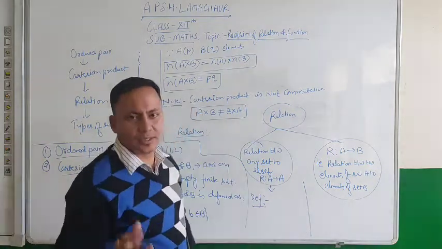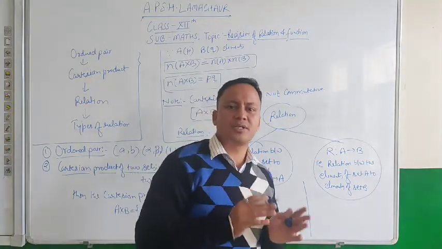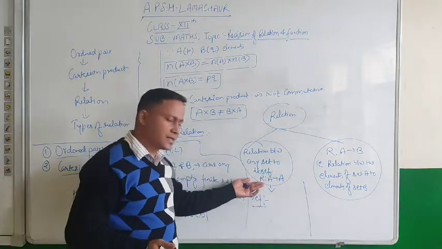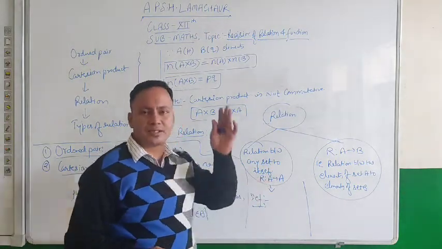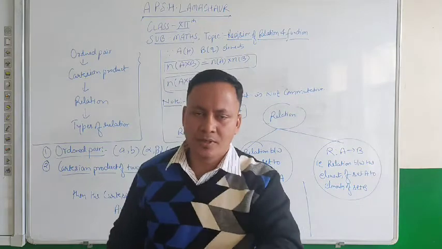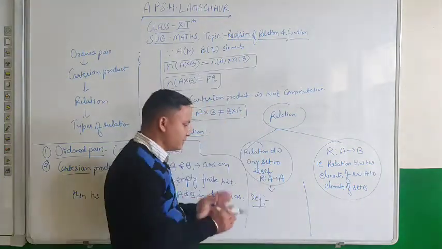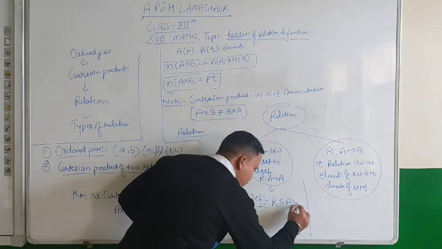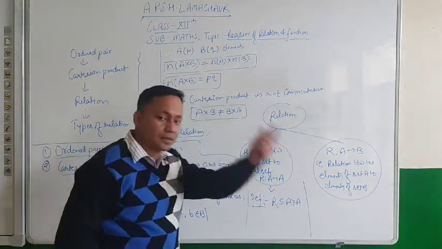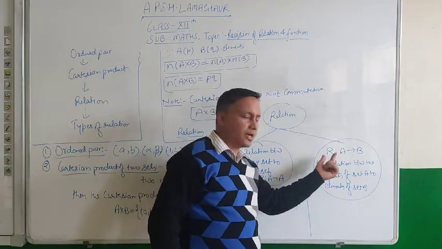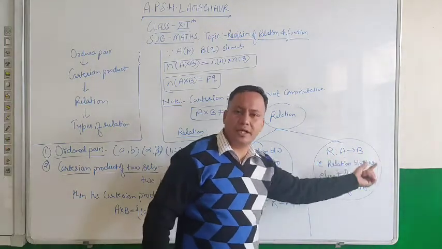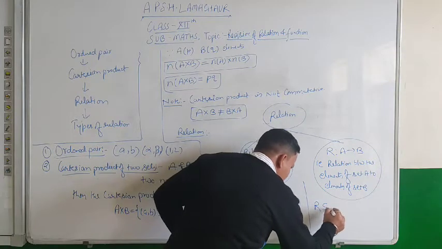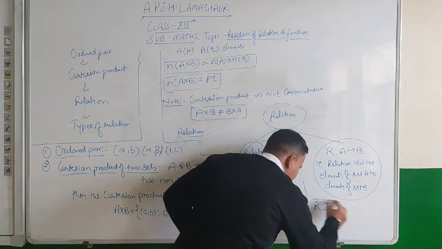So a relation is nothing but the subset of Cartesian product A to itself. अगर हम ये केस लेते हैं, एक रिलेशन हम डेवलप करना चाह रहे हैं किसी नॉन एम्प्टी सेट A का A से, a relation from A to itself, then we will say a relation R is subset of Cartesian product A cross A. And in another case, if you are interested to define a relation between the elements of set A and B, then we will say the relation R is subset of Cartesian product A cross B.